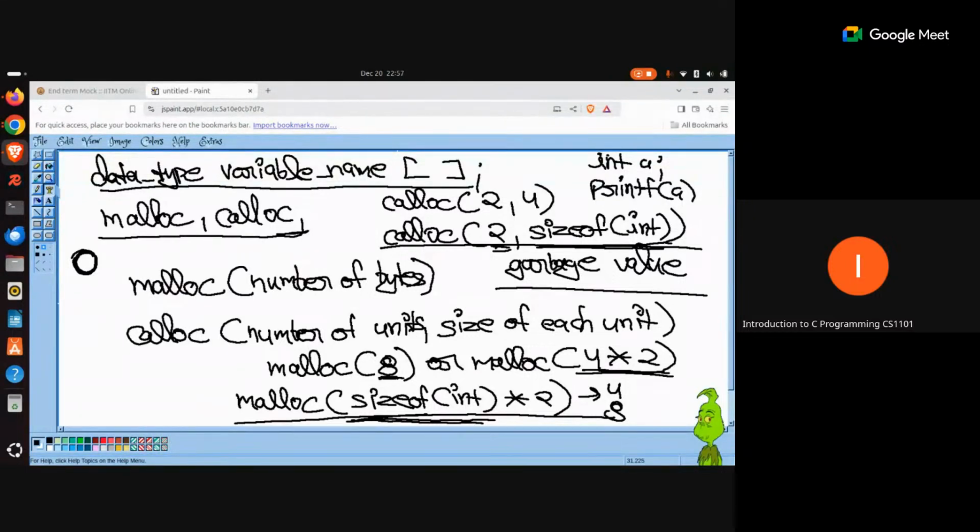But in that case, don't you think the same thing would have been experienced by many other programmers here? Or what is the merit of using malloc over calloc? Can someone tell me what is the merit of using malloc over calloc?